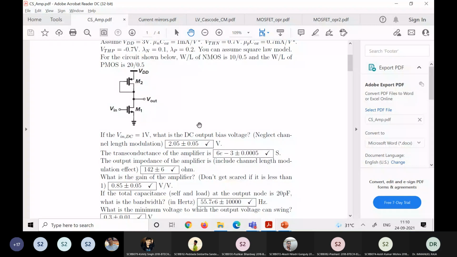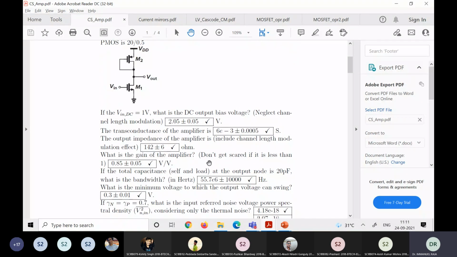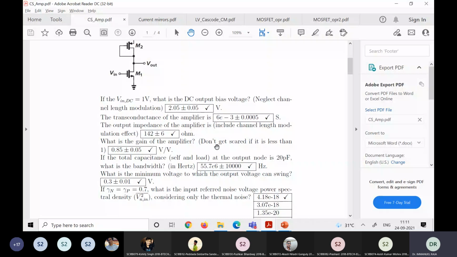Now, the output impedance which we saw in class is, if you look up, you have 1 over GM2, and look down, you have R02. So I have given enough margin so that if you even take just 1 over GM2, that will still be marked correct. If you take 1 over GM2 parallel to R0, that also will be correct. Or if you take 1 by R0 parallel to, that will also be right. Okay. Now, what is the gain of the amplifier?